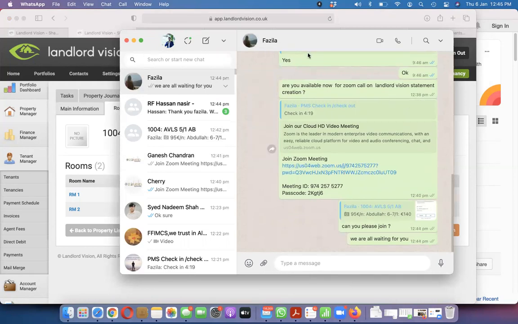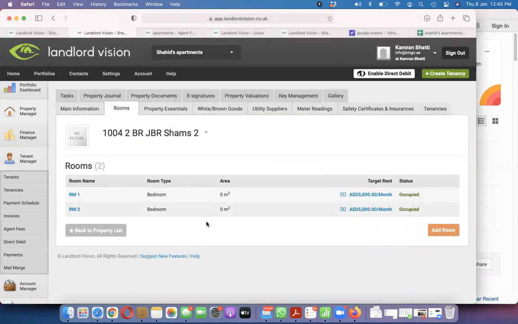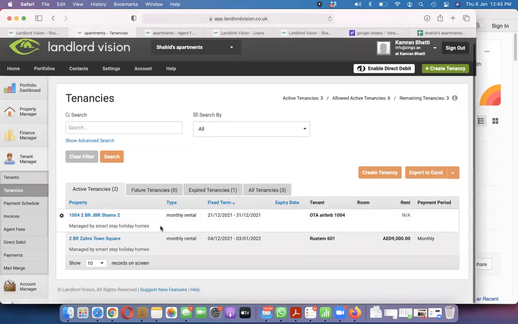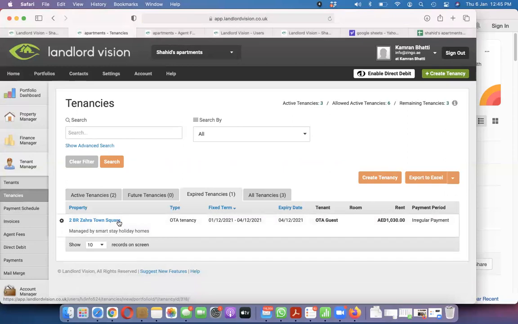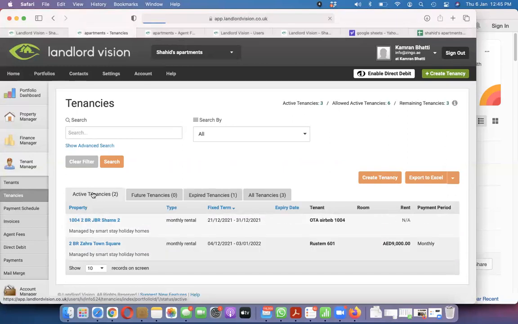So what we're going to do here, we have created the rooms. Now we are going to create tenancies. So Sherry, as you know, for each unit we always have an expired tenancy. If you go here, there's an expired tenancy. This is an OTA guest. We can change it to OTA guest Airbnb tenancies. At the moment this is an active tenancy, but for every